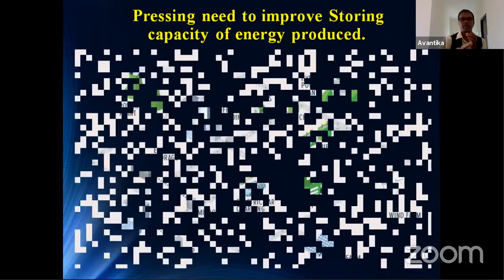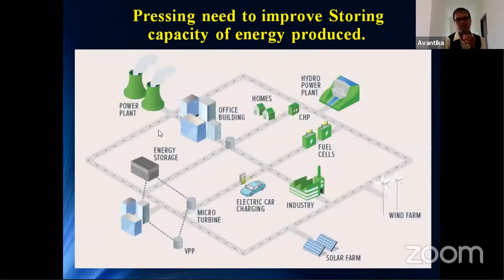In this slide, you can see the overall idea of how we are getting electricity from different sources. I already mentioned that we are getting power from power plants, and from hydropower plants we are getting electricity. And from solar farms also, we are getting energy. And of course, from wind farms, from a wind source also, we are getting electricity. So these sources are not enough for our needs.